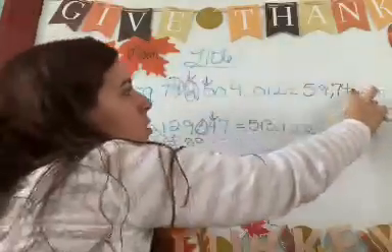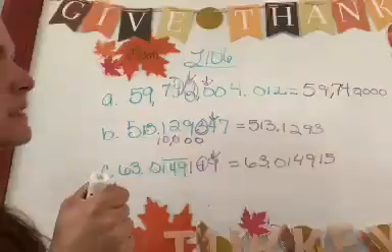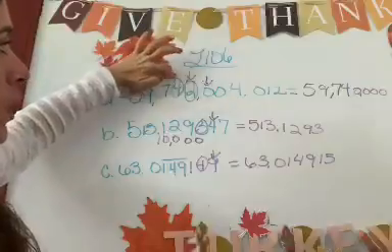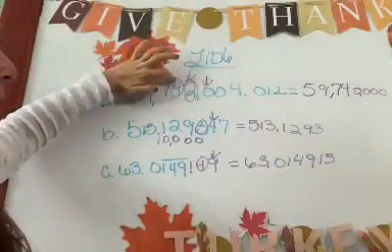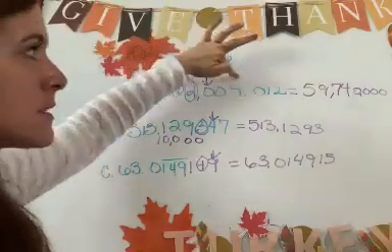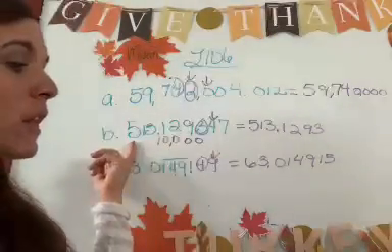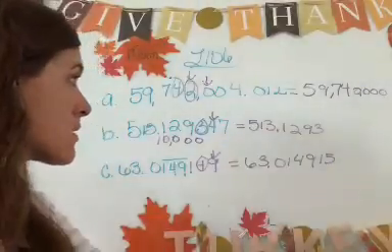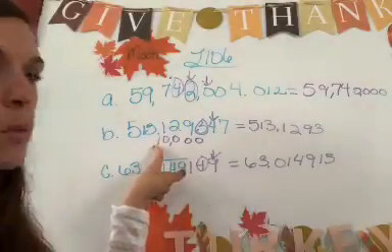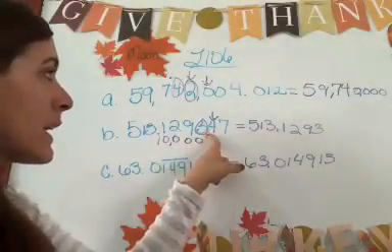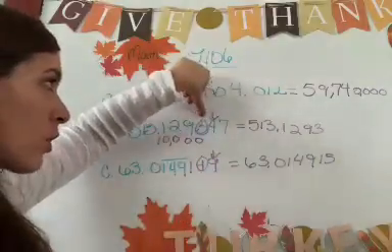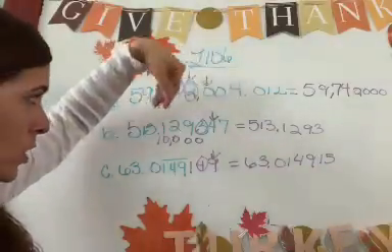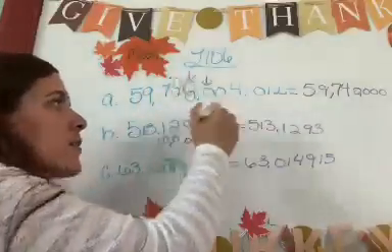So we look at the 2, but all we have to do is change this to a 0. 59,740,000 because we're in the 10,000 place. Sorry, I just saw 1,000. We circle the 4, we look at the 2, it doesn't make it go up, it makes it stay the same, so it's 5974, and then the rest of them are zeros. So that's what we write right here. Then for letter B, we got it because it says to the 10,000th place. Okay, so the 10,000th place, we put the 1 under the decimal point, and write 10,000 where we see the 3 is the end point, so we circle the 3, look at the 4. The 4 doesn't make it go up because it's less than 5, so we just eliminate the 4 and the 7 right here, and we write the answer